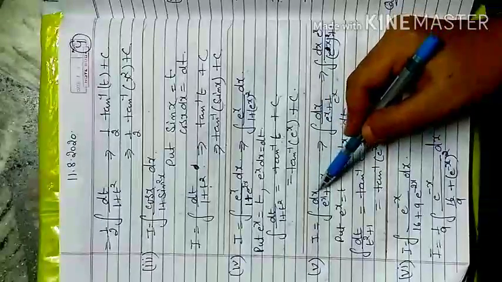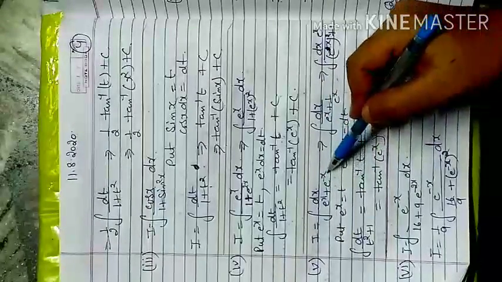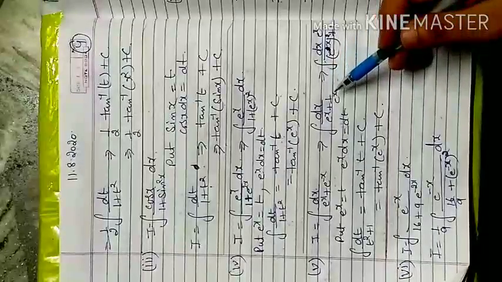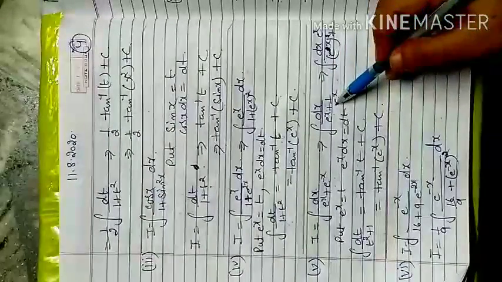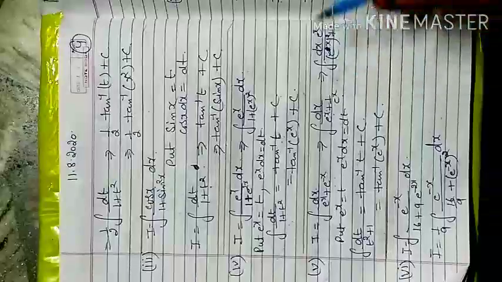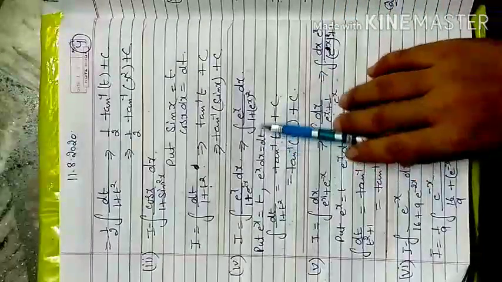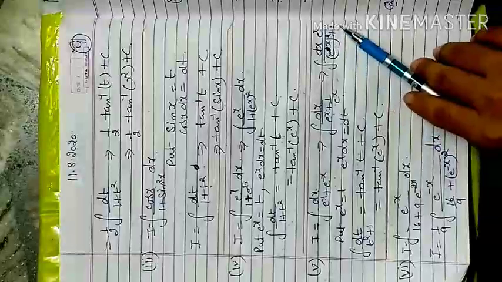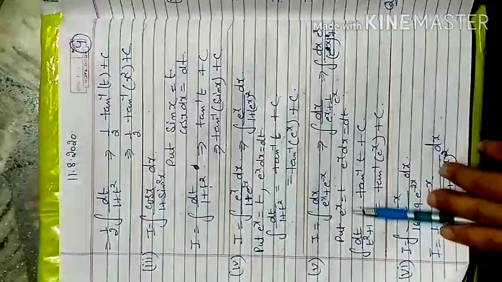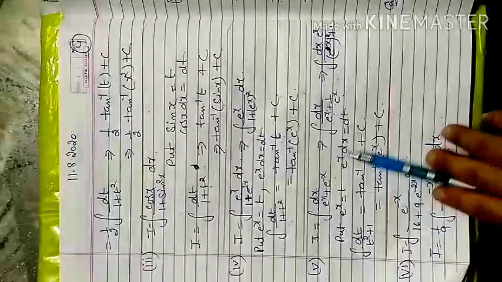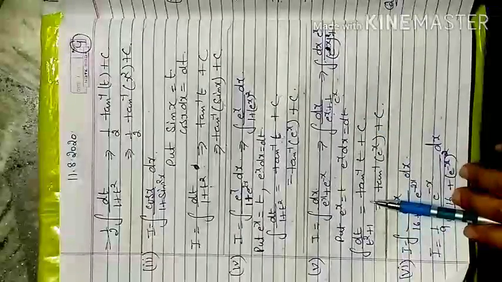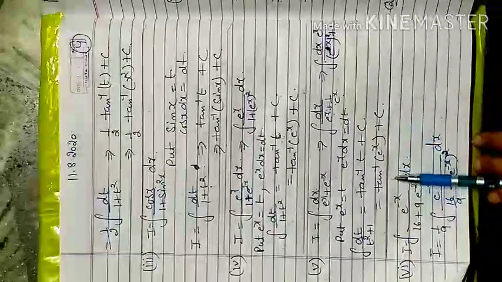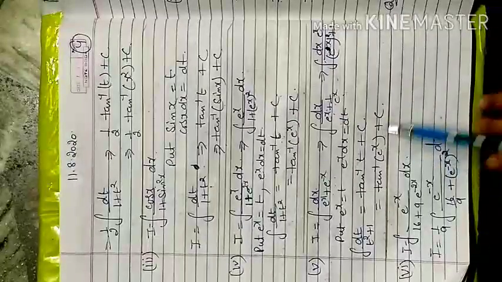Now here fifth, dx by e raised to power x plus e raised to power minus x. First you remove the negative power by reciprocal, e raised to power x plus 1 upon e raised to power x. When you take the LCM, exactly the same, your fourth part changes to this form, e raised to power x upon e raised to power x whole square plus 1. Next, consider e raised to power x is equal to t, e raised to power x dx is equal to dt. Apply the formula x square plus a square, tan inverse t, and t replaces back to e raised to power x.